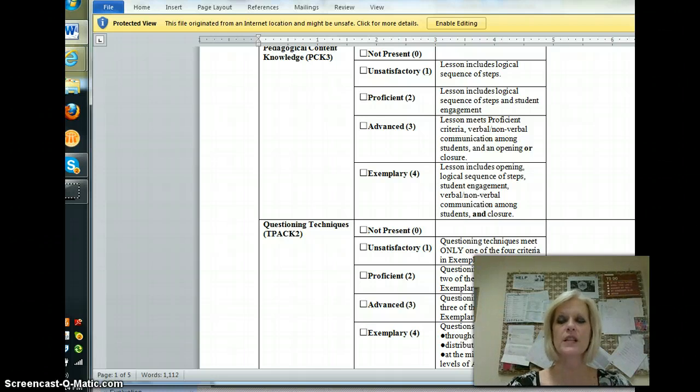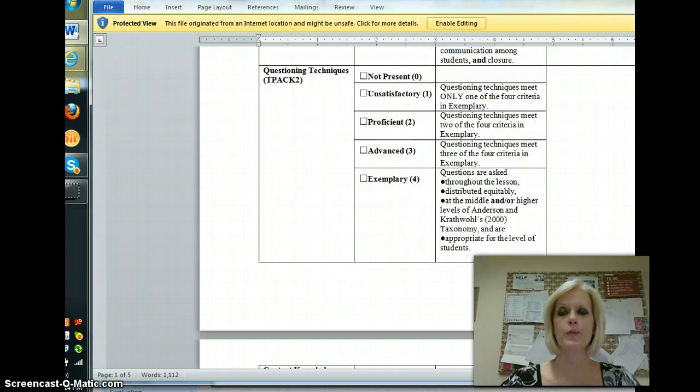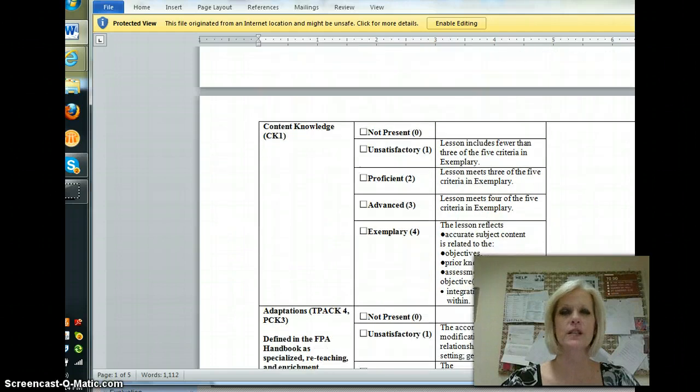Questioning techniques. For many of you, this is an emergent skill. It's something that we're working on in an internship. So just make sure that you are asking your knowledge, skills, reasoning questions. You're asking them at the beginning, the middle, and the end of your lesson plan, and that they are applicable and appropriate and enhancing to your lesson. So your mentor teacher will be looking at your questioning skills.